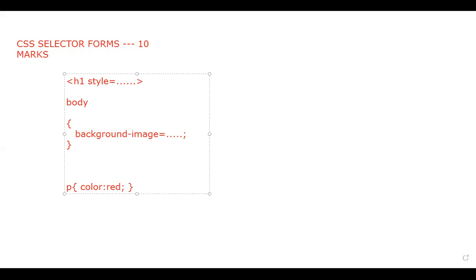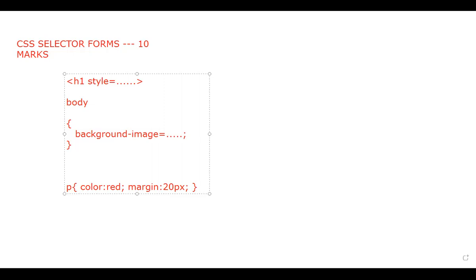So if I want a second property, give a space, write margin, give a colon. Margin always comes in pixels. So again give a semicolon, write the third property. So in this way also you can write the code. You can write the code on a single line, but make sure you are separating them with a space and a semicolon, right?